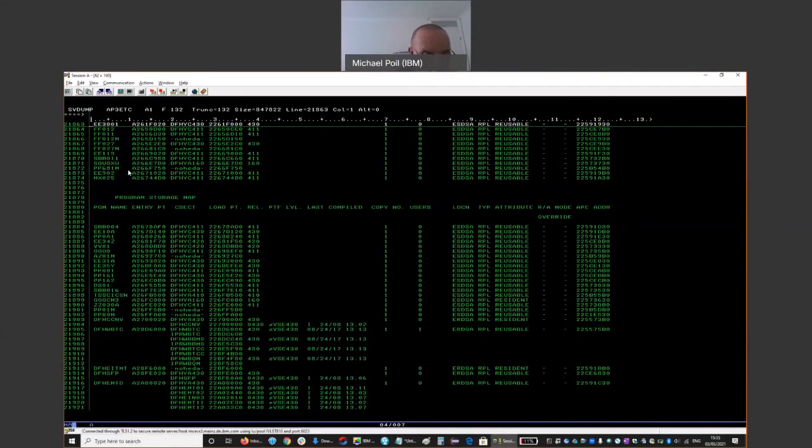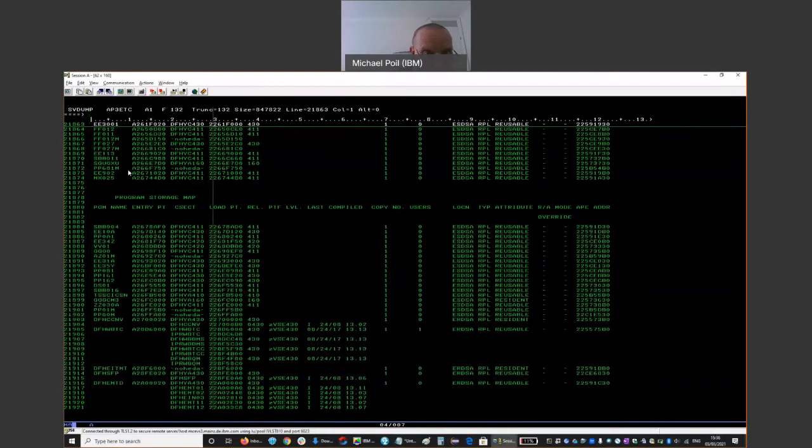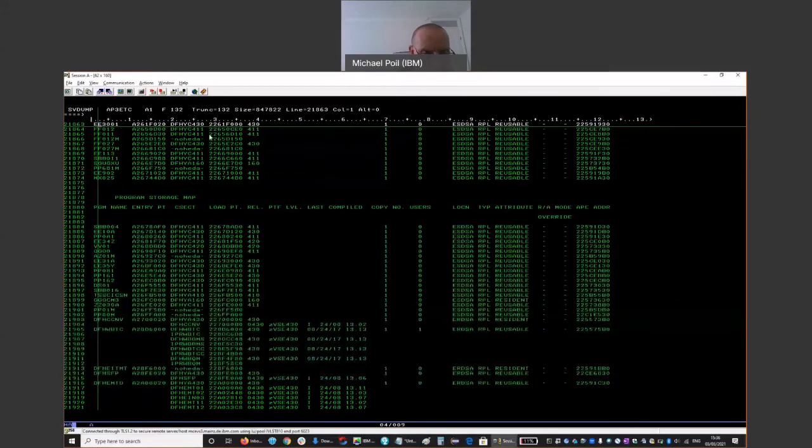Okay, 22648472. 226. Oh, there's the next higher one. So we have the return address is somewhere within that program. So that's the program. If we can find where that's loaded, which is here,